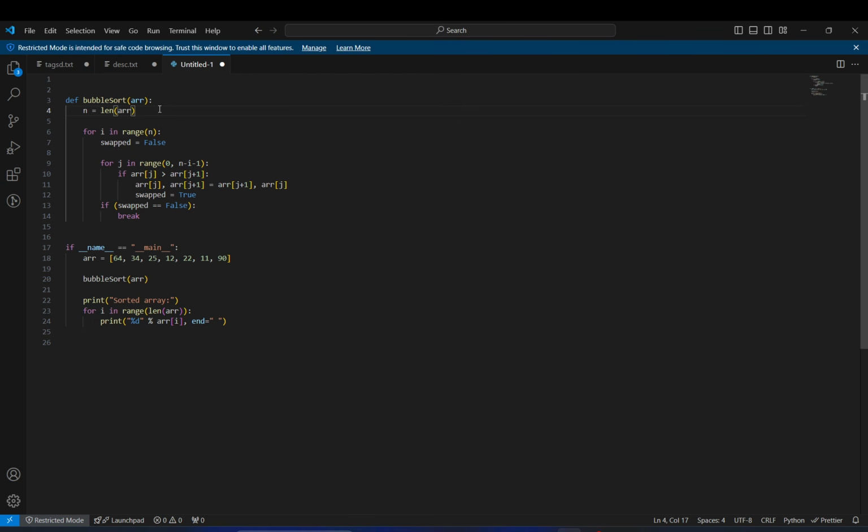The code is something like this: we have got some array, and we have to sort it. We will just ignore this for now. Here we will iterate, with i ranging from 0 to n as we discussed, and we have j. Don't look at this right now, just imagine that we have j ranging from 0 to n minus 1, something like we discussed. Every time we will compare: if arr of j is greater than arr of j plus 1, then we simply swap.